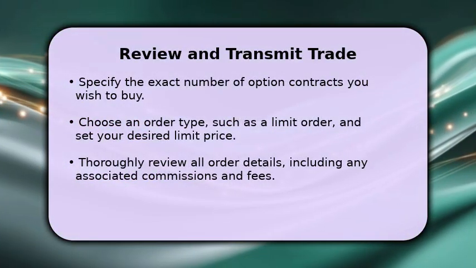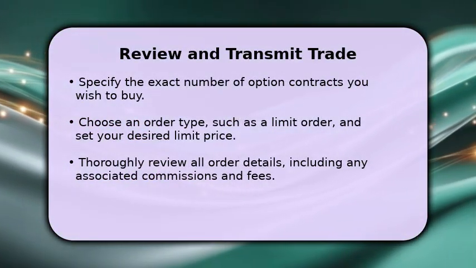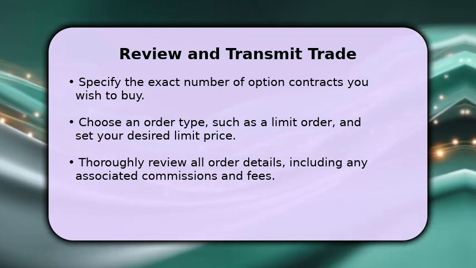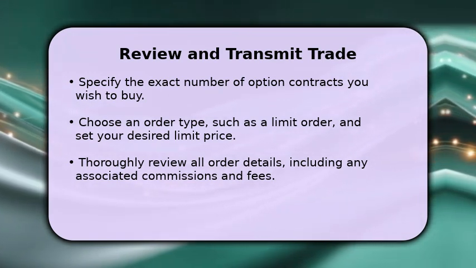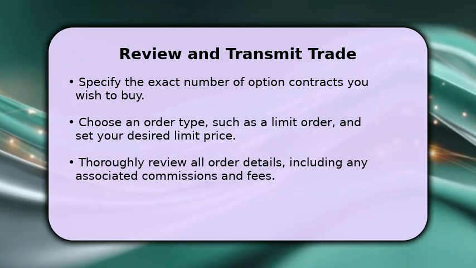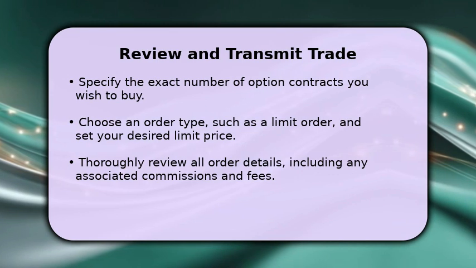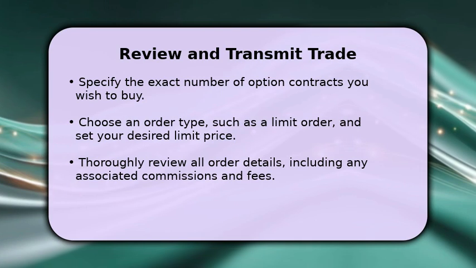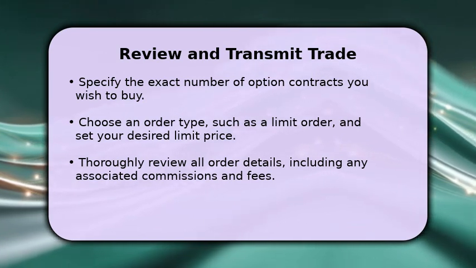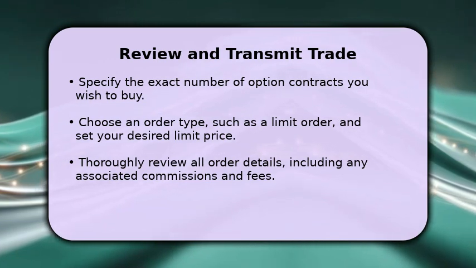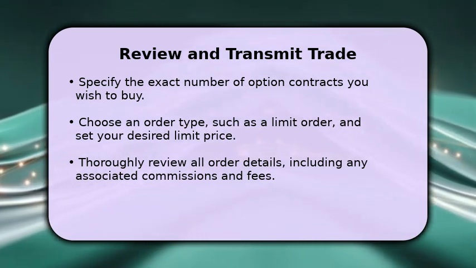The final step involves reviewing and transmitting your trade. In the order entry window, specify the exact quantity of option contracts you intend to purchase. Remember, one contract typically represents 100 shares. It is often advisable to use a limit order, allowing you to set a specific price at which you are willing to buy. Before proceeding, carefully review all the order details, including any commissions and fees. Once everything looks correct, transmit your order to the